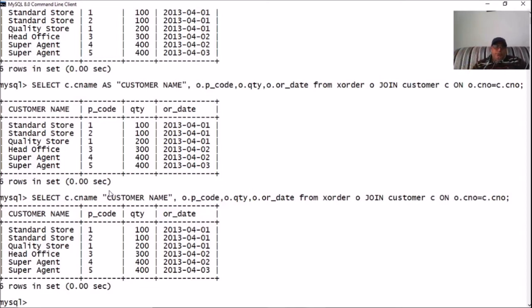Can we join more than two tables? Yes, we can. See how this time I'm going to join three tables. And which are those three tables? They are product, customer, and then X order. So what I do, see, select.